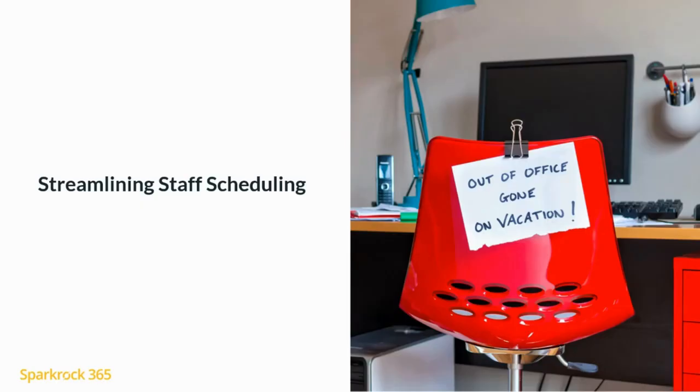Okay, so I want to move into the second theme and shift gears a little bit into considering integration from another perspective. And that's from the perspective of staff scheduling. So the theme is streamlining staff scheduling, and the challenge really is service-driven nonprofits, so organizations, if you're really focused on service delivery, whether it's residential or maybe day programs or a combination thereof, where you have staff that are being scheduled,